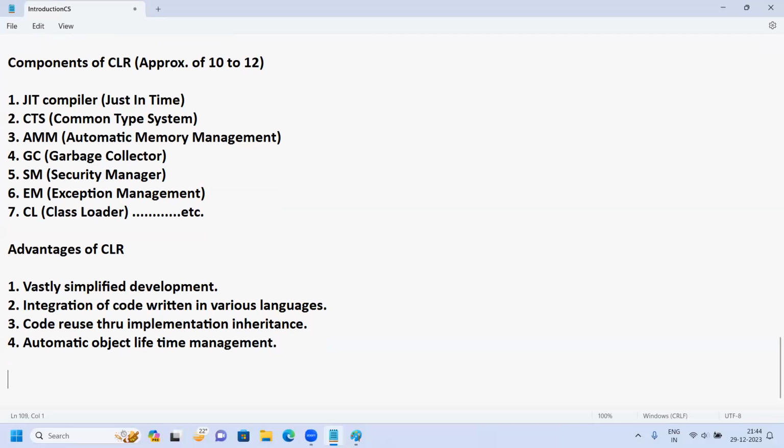Yeah, these are advantages that are provided by whom? CLR. Now, before I go, let me give you one first idea about these two, AMM and GC. I'll give you an overview of both so that you can understand. You know something? Till C++, in C and C++ both,